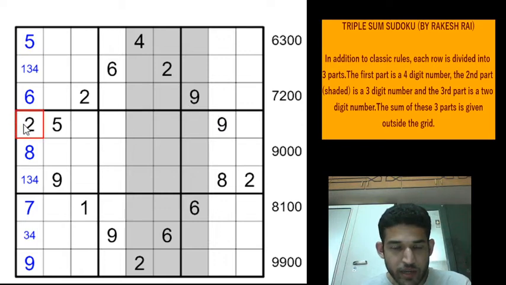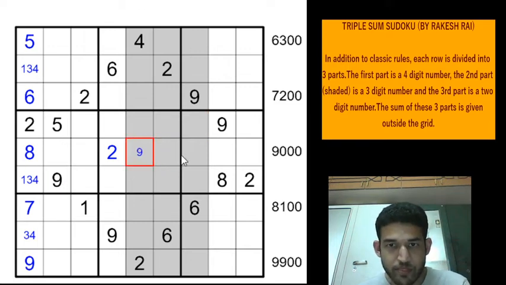Now there is a 2 here in row 4 column 1 and 2 in row 6 column 9, and combined with these 2's we will get a 2 in row 5 column 4. And because of these 9's, we can pencil mark the 9 to one of these 2 cells, and we have the 9 in